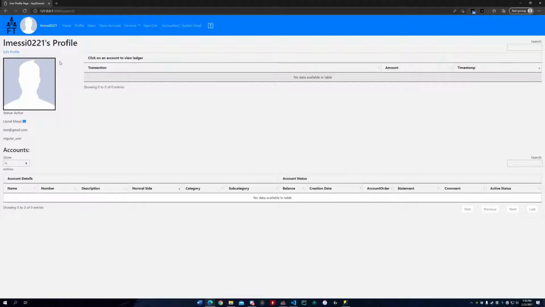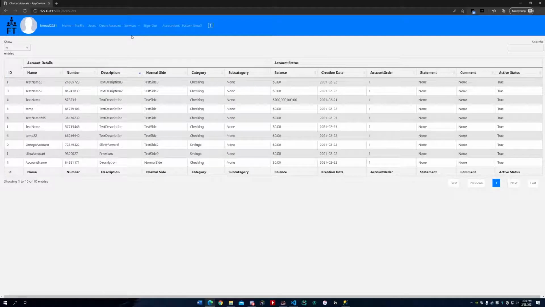So we can filter our users on, I believe it's the chart of accounts. So we can see all. This is actually the accounts. Oh, you know what? I actually think I just mislabeled this card we were working on. It is accounts. It's my bad. Okay. So yeah, this is where you can see and you can filter through all of the accounts